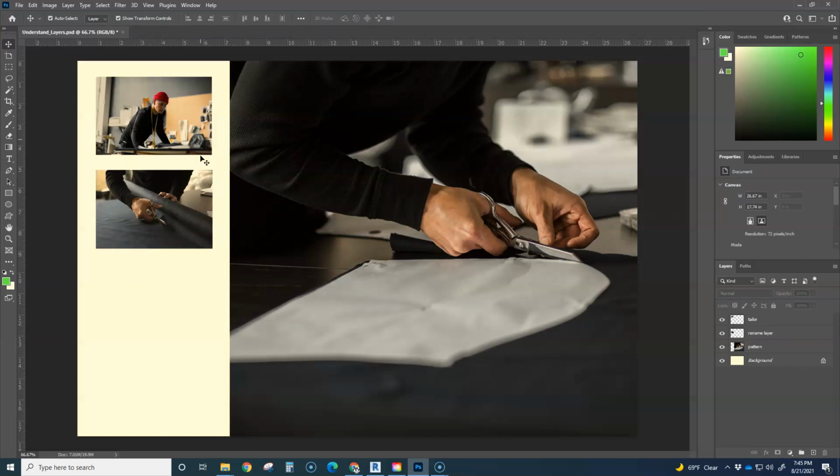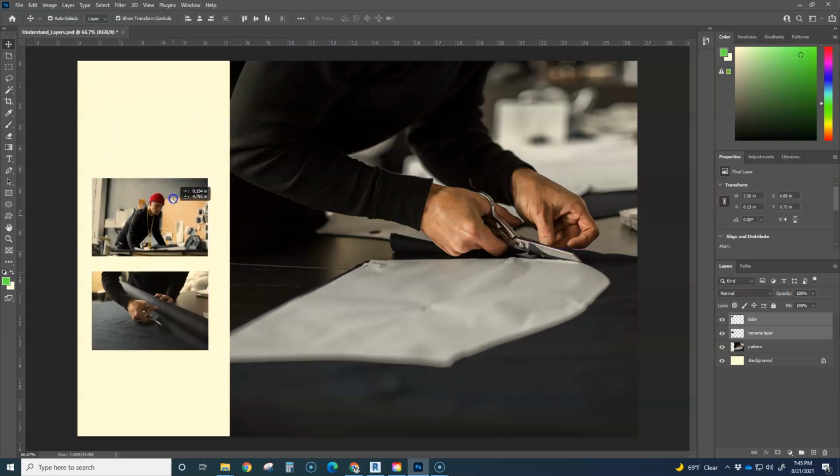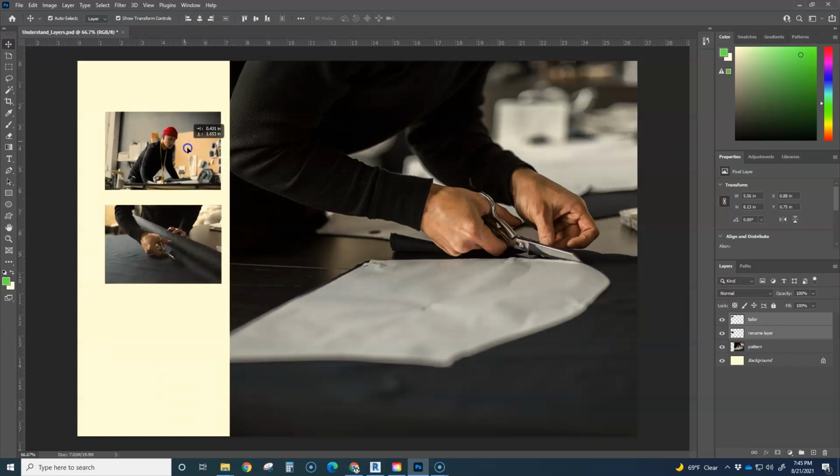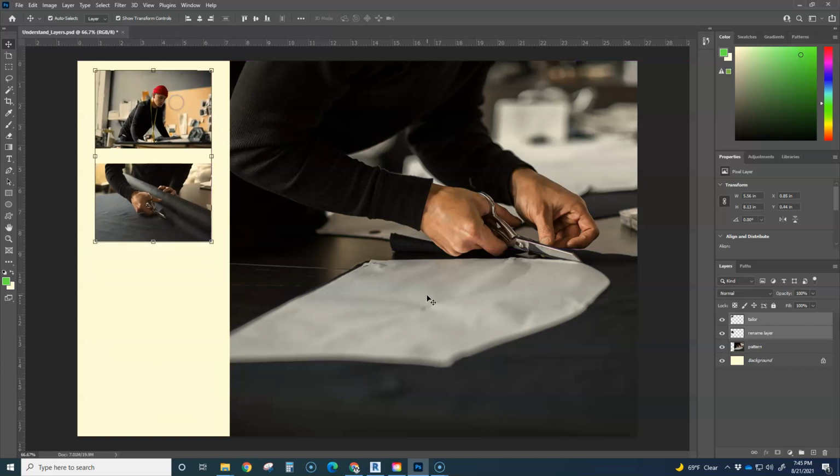Let's say you wanted to move these two layers at the same time and you didn't want to have to select them individually. You simply click and hold down Control and click the other layer, go to your Move tool, and you can move both layers at the same time. So that's kind of your Layer 101. We will be getting into other exercises where layer control, creating new layers, deleting layers, combining layers, and editing layers is going to be critical. Okay,